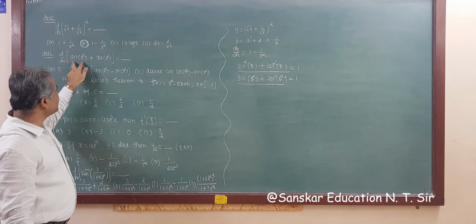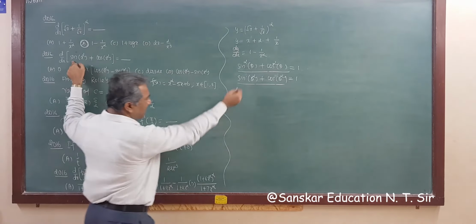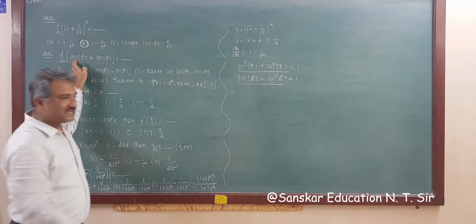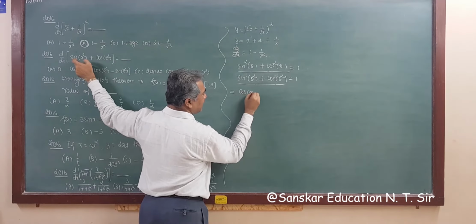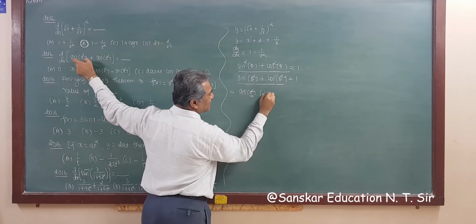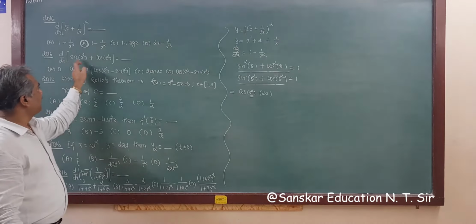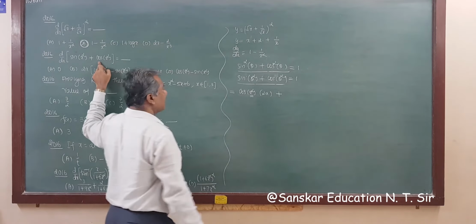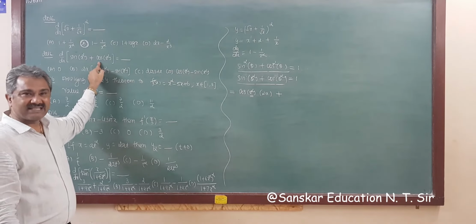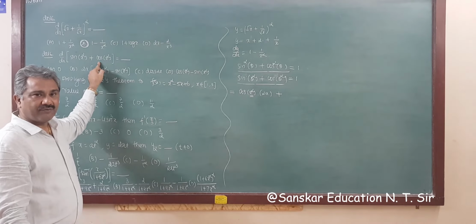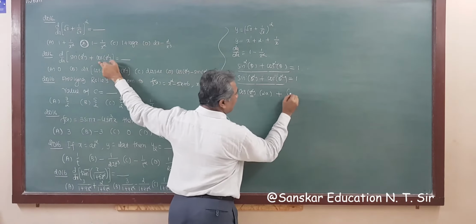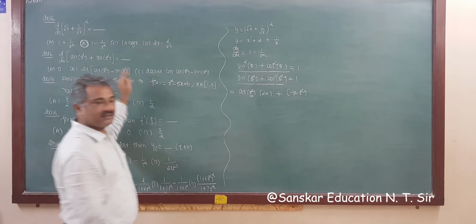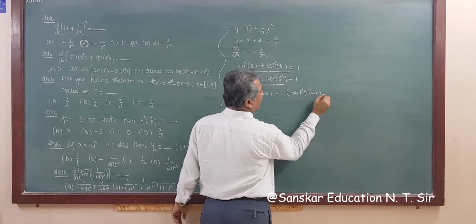So now differentiating this sin bracket. I am writing only the answer here, I am not writing the dx, right? So the derivative of sin bracket is cos bracket, and the derivative of the bracket again, that is twice x. So this is twice x. Got it? Cos. Right? So plus the derivative of cos x square. The derivative of cos x square is minus sin x square, and the derivative of x square is twice x. So this is twice x.